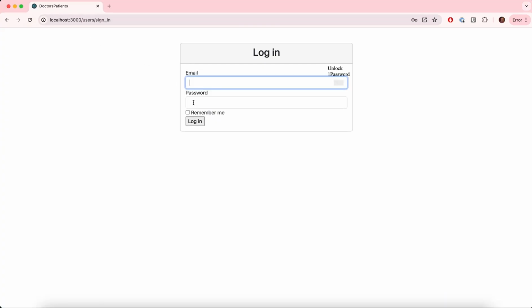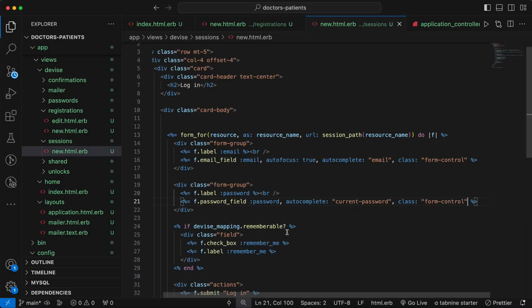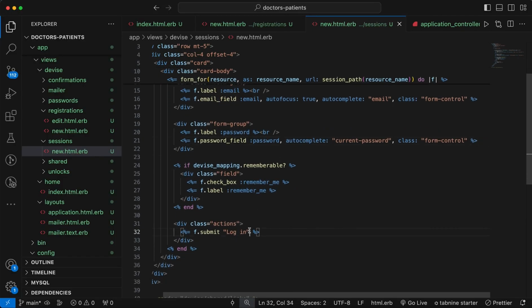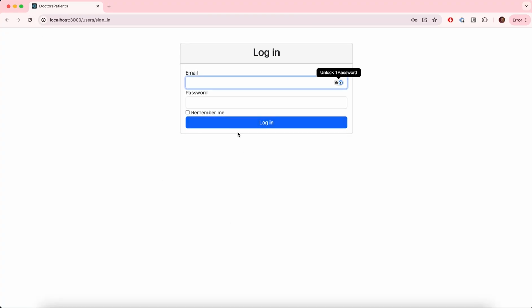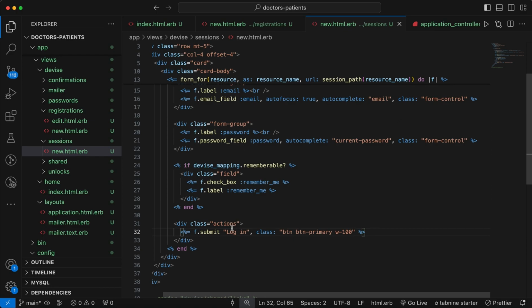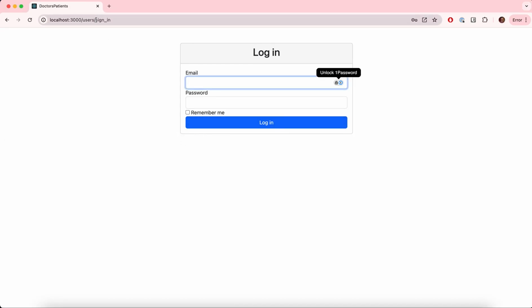If I refresh, the form is styled. Now let's style the button as well: btn-primary and w-100. If I refresh, this is looking good. So in the same way, here we added the